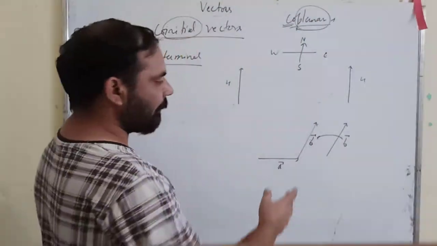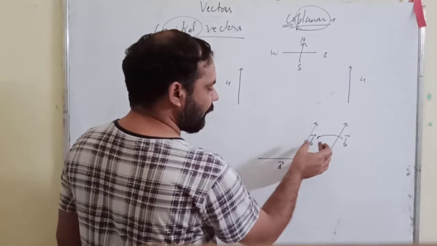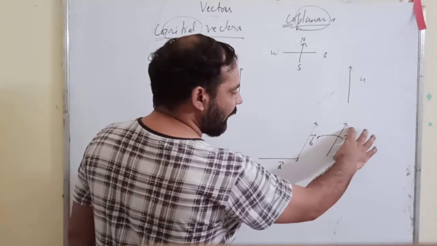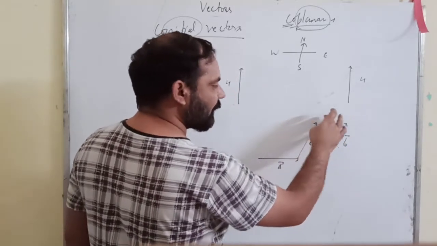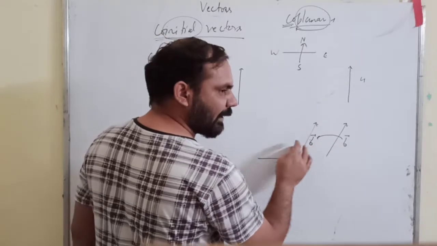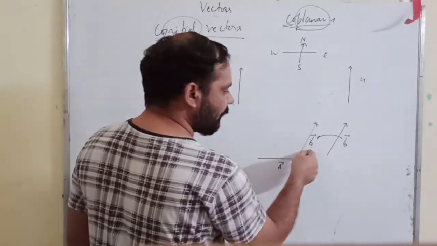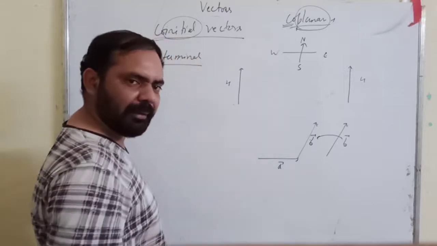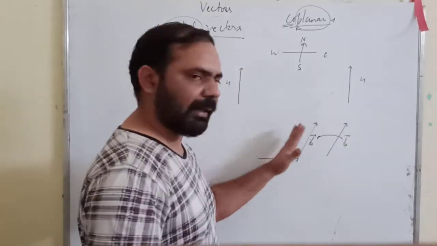ओके, अगर मैंने यहां पर इसको यहां लगा रखा या यहां रखा, यहां भी उसका मैग्नीट्यूड उतना ही है, यहां भी उतना ही है, डायरेक्शन भी उतना ही है, ये भी उतना ही है. कैन यू से दैट दे आर इक्वल वेक्टर्स? यस. सो इफ इट इज B vector, what this will be? This is also B vector. So you can always shift the vectors.